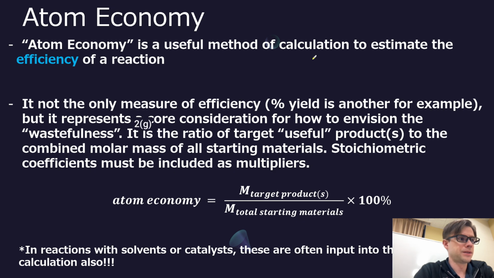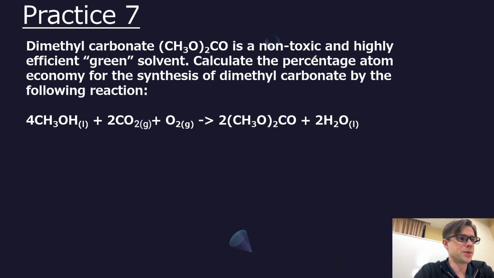All right, so some practice. Dimethyl carbonate, (CH3O)2CO, is a non-toxic and highly efficient green solvent. Calculate the percentage atom economy for the synthesis of dimethyl carbonate by the following reaction. So you can either do the total mass of reactants or the total mass of products. As I said, there must be conservation. But because I'm going to be also considering the target product, I'll instead choose to do the total mass of all products